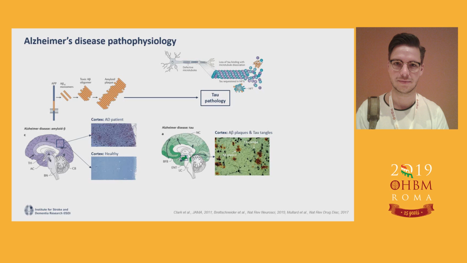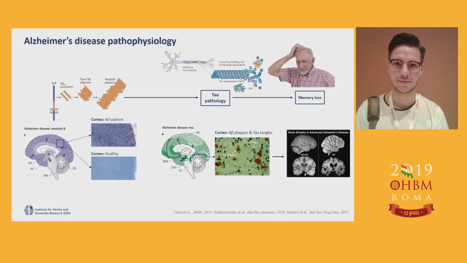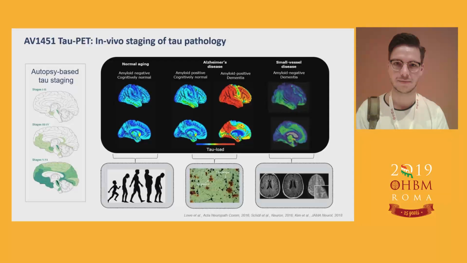So tau is really supposed to spread from neuron to neuron, and that in the end is associated with neuronal loss and memory dysfunction. In previous years we were only able to assess tau pathology based on post-mortem staging, which was very well described by Heiko Braak and his wife. But recent years of PET imaging have come up with tau tracers, here the first generation tau tracer, AV1451,